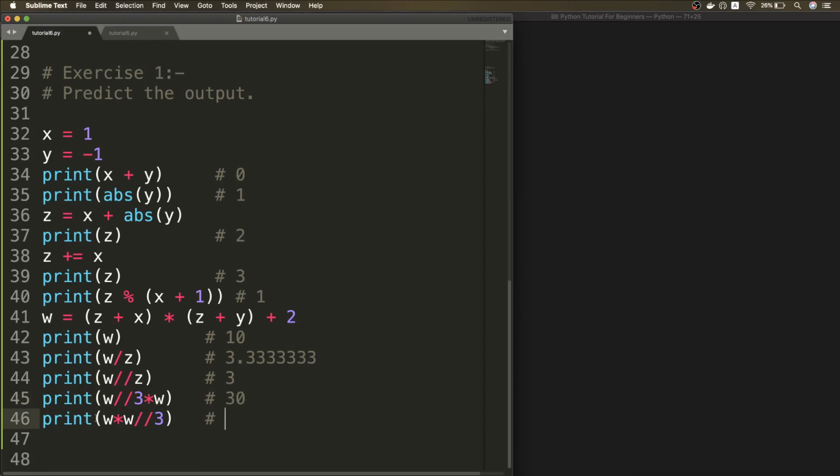In this case we multiply w and w together, so we have 100 here, and then we divide by 3 and take the quotient, so we get 33.